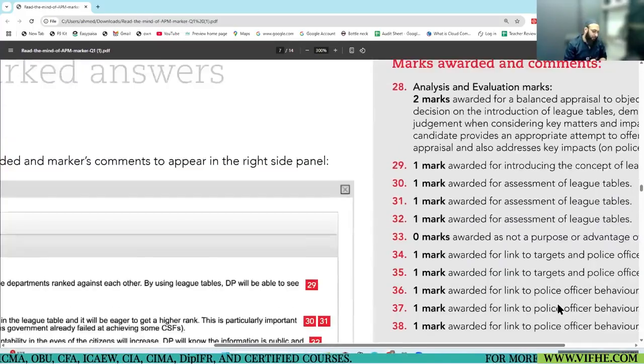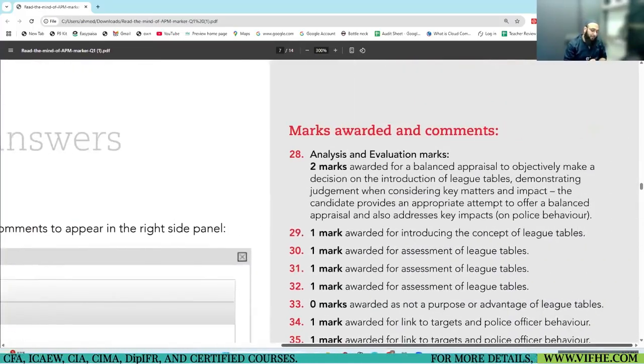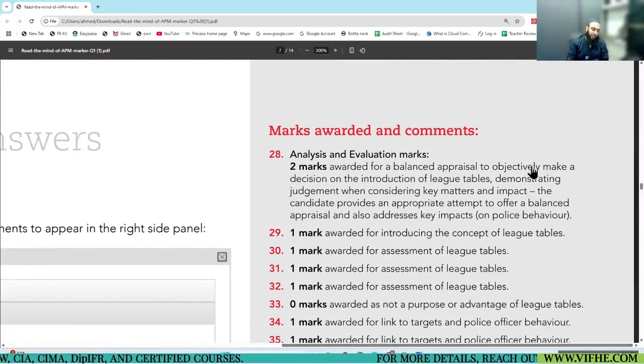So let's see. 2 marks awarded for a balanced appraisal to objectively make a decision on the introduction of the league table, demonstrating judgment and considering key matters. The candidate provided an appropriate attempt to offer a balanced appraisal, and also addressed key impacts, police behavior. Key impact was police behavior.